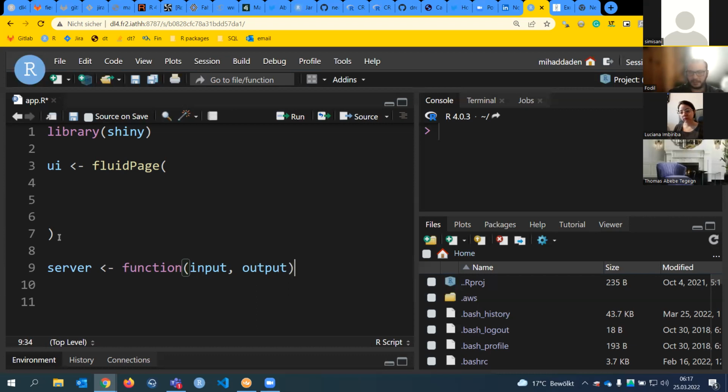And it needs also the output, because the output will be what we will display, what we will serve to the user, like the result of our calculation, the result of our modeling, the result of our table, plots, etc. So these are the main parameters in this function. And there is a third parameter called session.